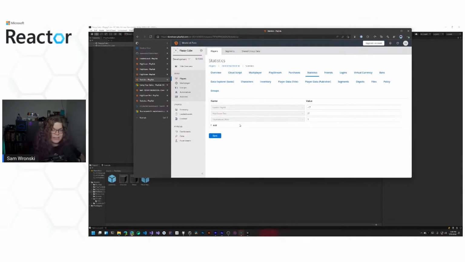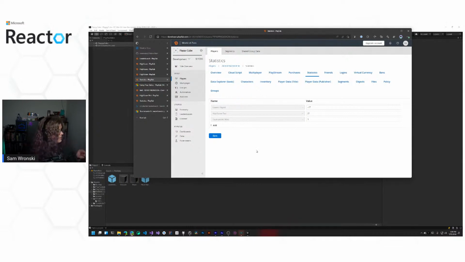And so that gives us a way to track all of these things and reward players with currency or something else automatically based off of this. One of the things I've been thinking about is like tweeting out winners or something. I think that would be interesting. But there's a whole bunch you can do here because they're fairly generic tools, which means that you can tweak them and use them however you prefer. Whatever makes sense for what you're trying to do, you can tweak these things to accomplish that a lot of the time. Statistics just are key value pairs.